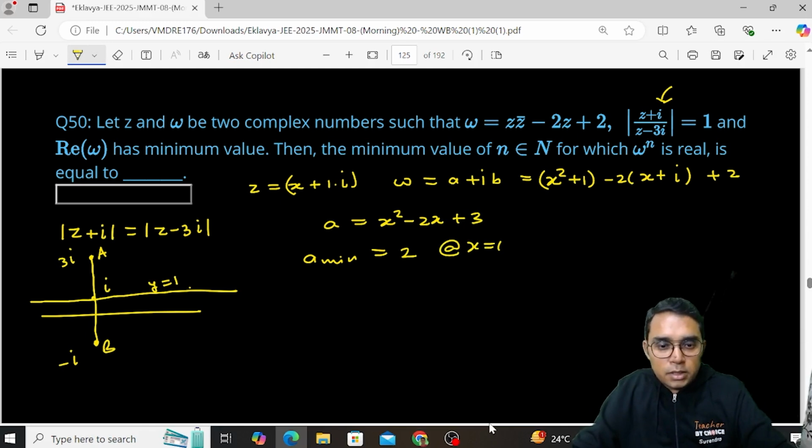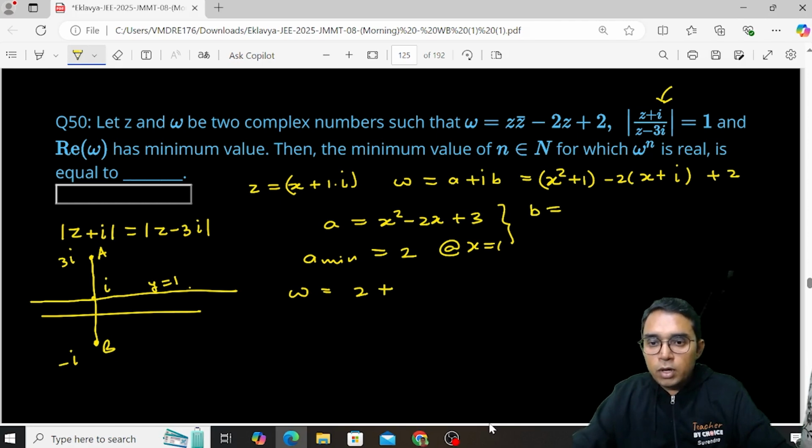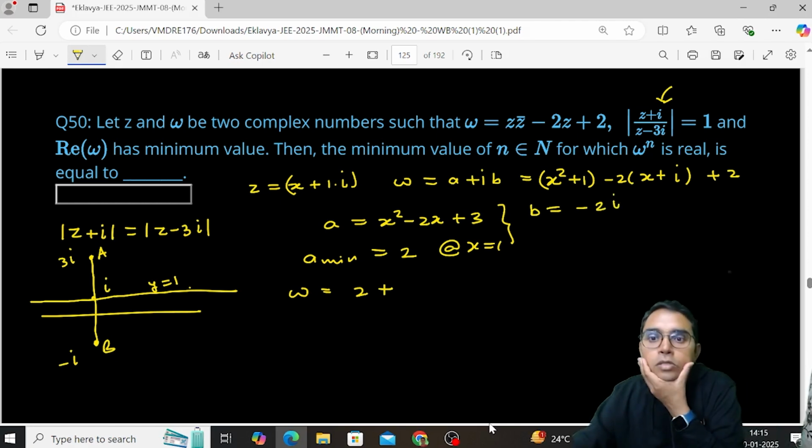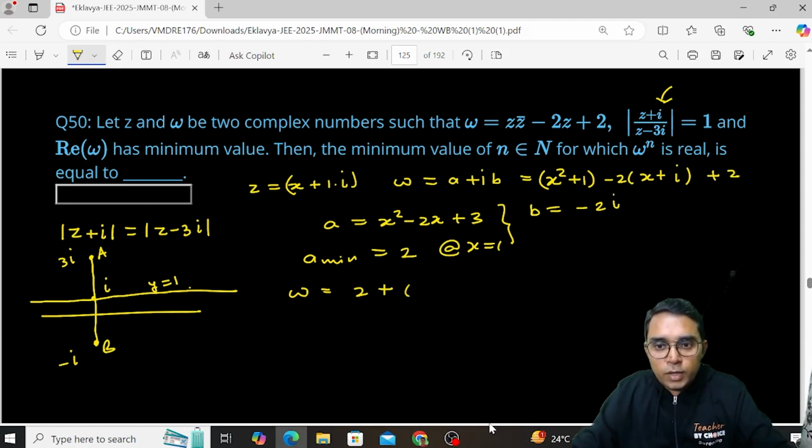So this omega actually will be equal to, A is 2, and to find B, okay, let us compare the imaginary part also, that is B equal to minus 2 iota here. Yeah, that's it. So this omega is coming out to be 2 plus minus 2 iota. So you can take 2 common, it will be 1 minus iota. Now they are saying we have to find the minimum value of n, that is a natural number, so that omega power n is real. Now you can see omega square is